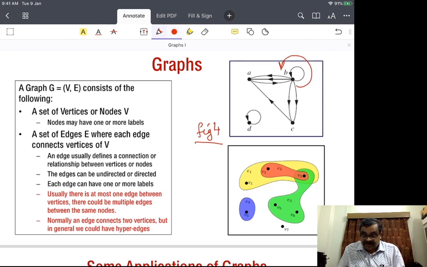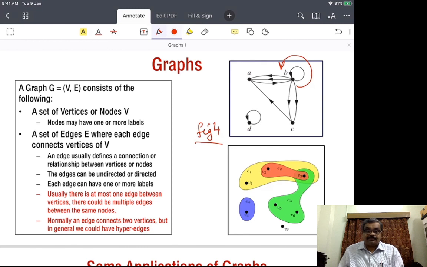We also see that there are two edges from one node to another node. For example, from B to A, there are two edges in the same direction and there is one edge back. So these are what are called multigraphs, where a graph can have multiple edges from the same nodes. And we shall see examples of the same when we come to some problem cases where we will model problems